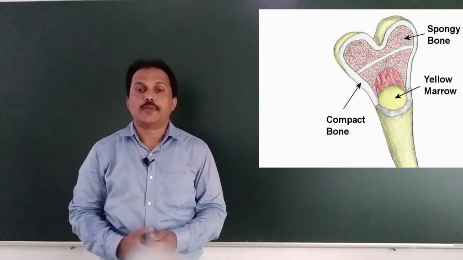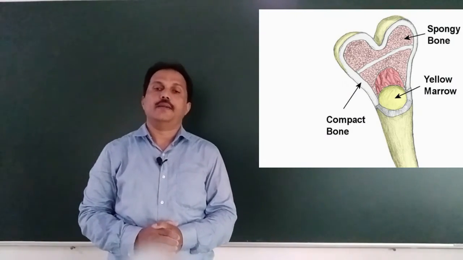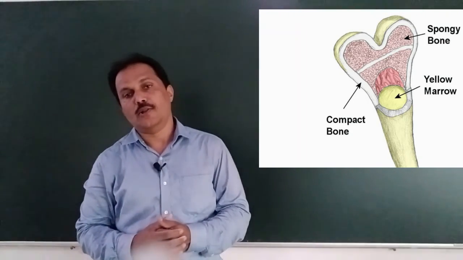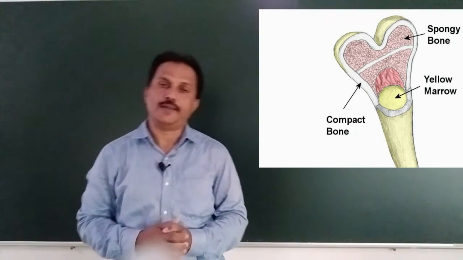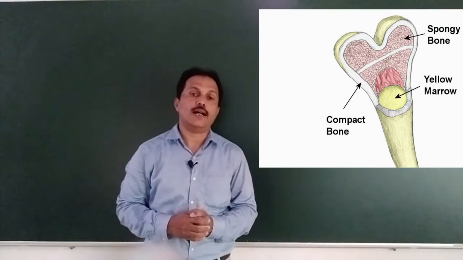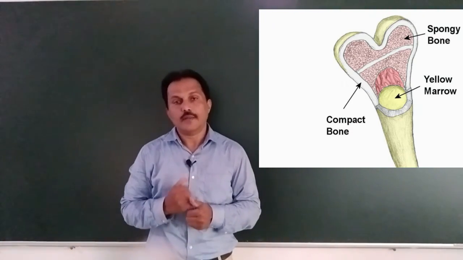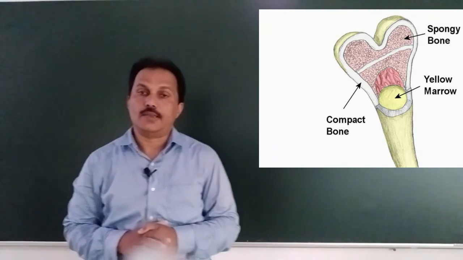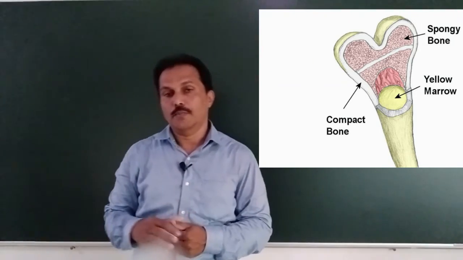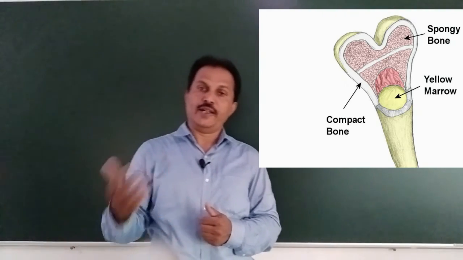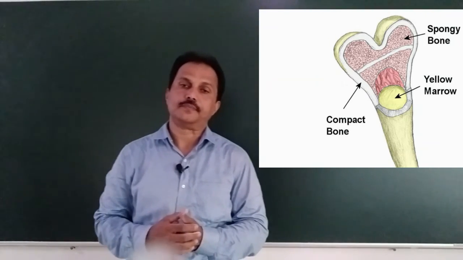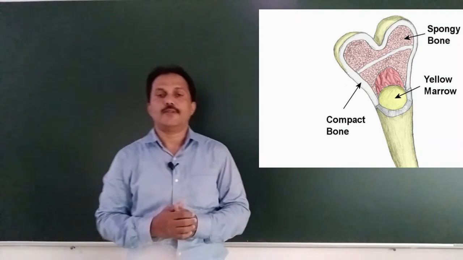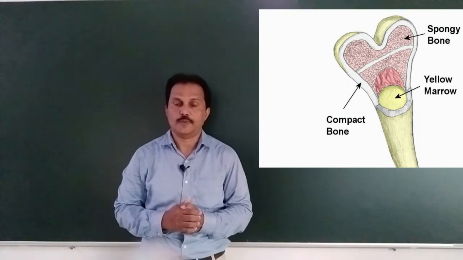When we talk about the spongy bone and the compact bone, compact bone is found in the shaft region of the long bones, whereas in the head region you will find the spongy bone. Compact bones are supplied with blood vessels and nerves, whereas spongy bones are not supplied with blood vessels. They have to depend upon the bone marrow present in them or the adjoining tissue for their nutrition and oxygen supply. So, this is the main difference between the spongy bone and the compact bone.